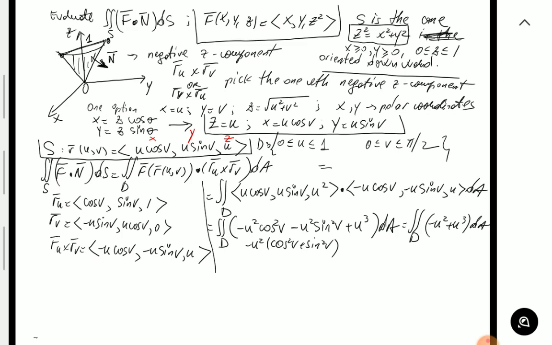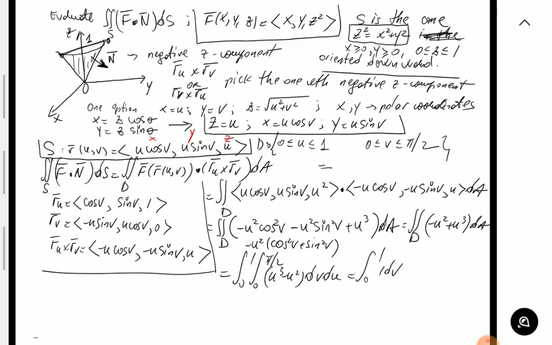Once you simplify, now you worry about how to compute the double integral, which in this case is pretty straightforward. Bounds are constant. And this splits into a product of the integral from 0 to pi over 2 of 1 dv,